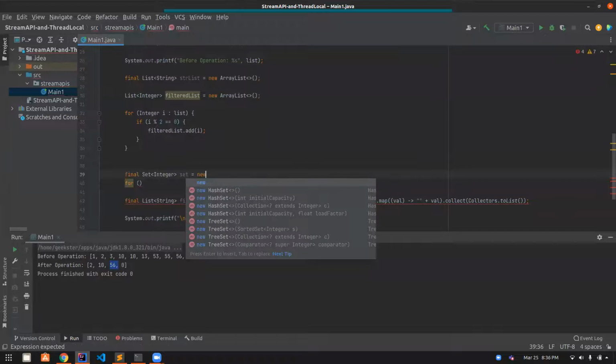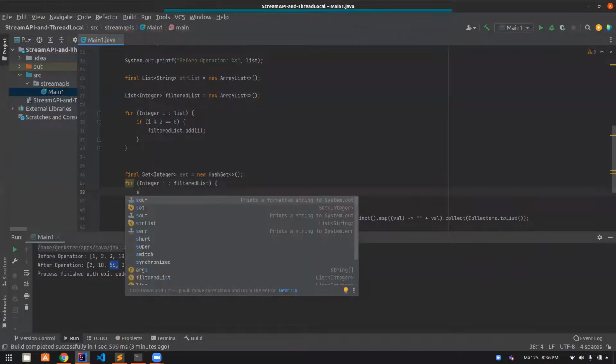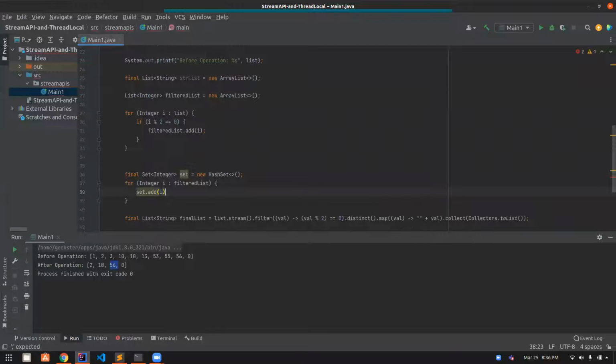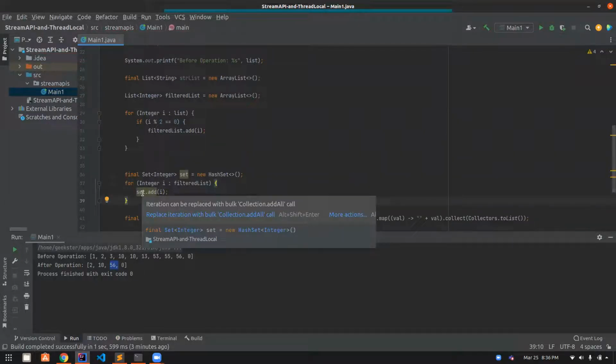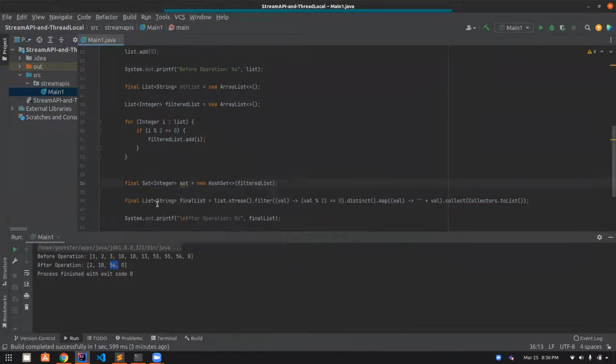New hash set. And what I'll do is I'll just keep dumping the elements. So I'll say integer I filtered list. I'll say set dot add, and then I. This will give me all the unique elements. Replace it with bulk collection all. Done. Replace with can be parameterized. That's it. So hash set would take in this filtered list, and then it would give